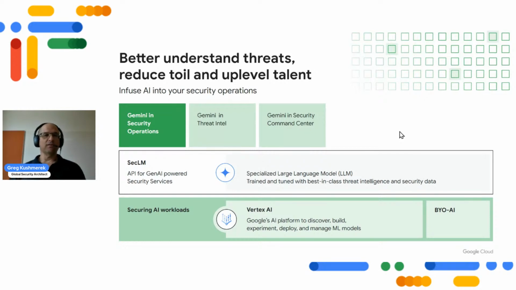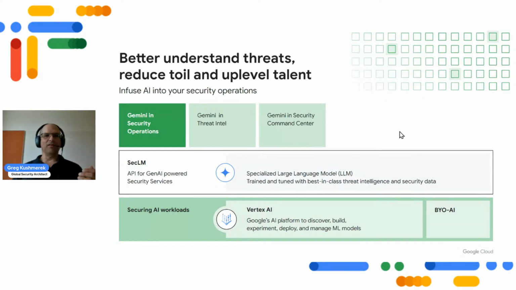The AI component via API is something that we'll be delivering to customers as well in the future. I can't say much about the roadmap here, but I do know that there's absolutely API-enabled calls into SecLM. But what's going on with this is that you have something that's been trained and tuned with the best-in-class threat intelligence and security data, so that